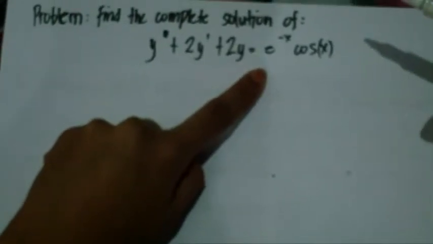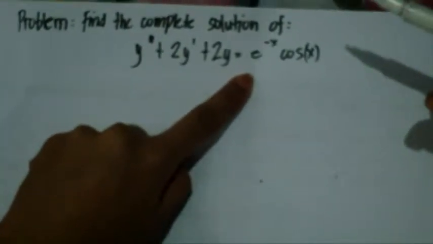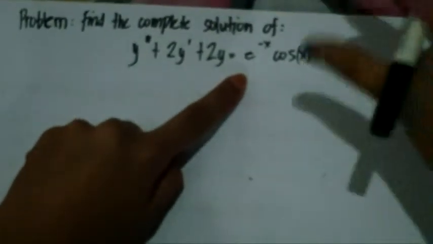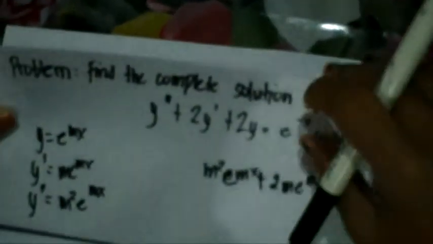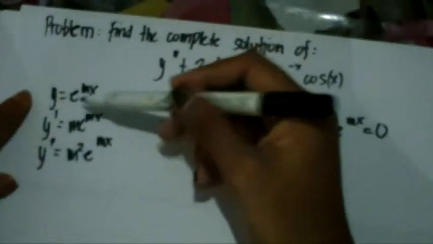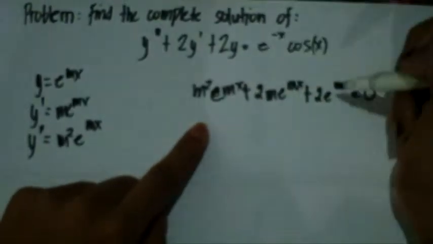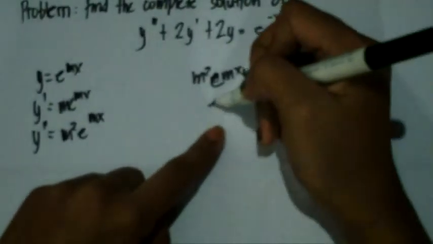and we'll set the equation to 0 so as to find the auxiliary equation in order to get the roots for our complementary solution of the problem. So now we have y is equal to e raised to mx. Then we're going to differentiate it twice because the highest degree of the problem is 2, as you can see. And then we're going to form the auxiliary equation. So from here, we're going to factor e raised to mx